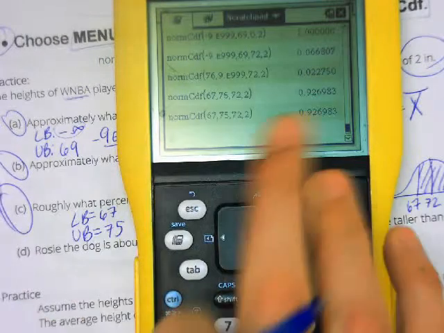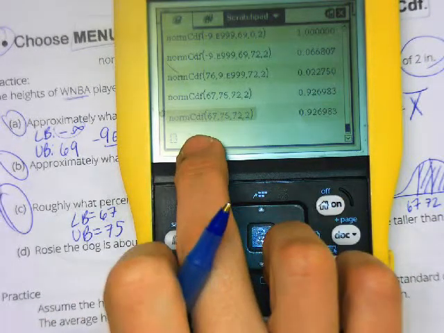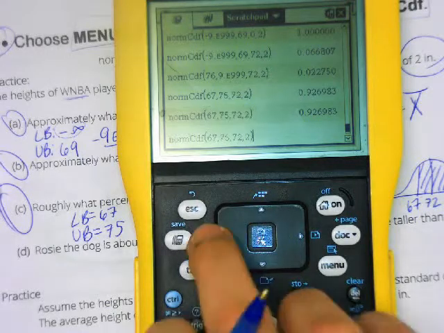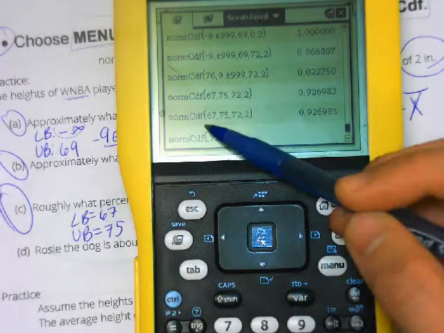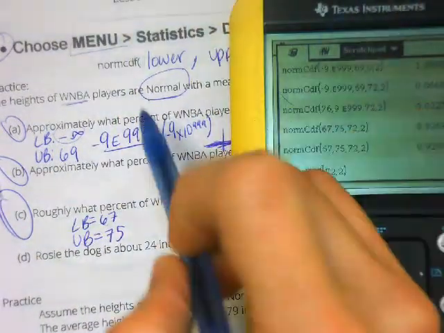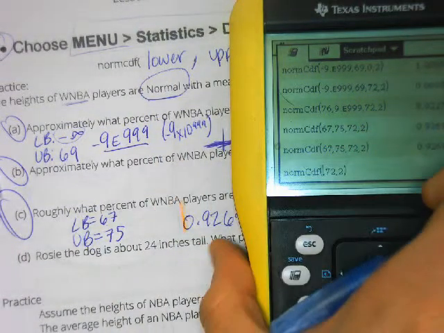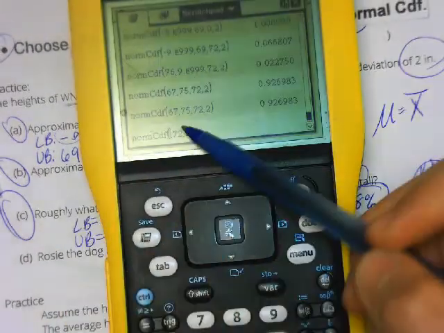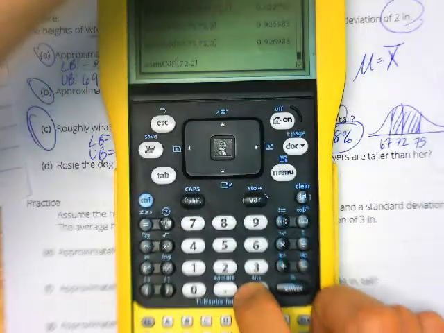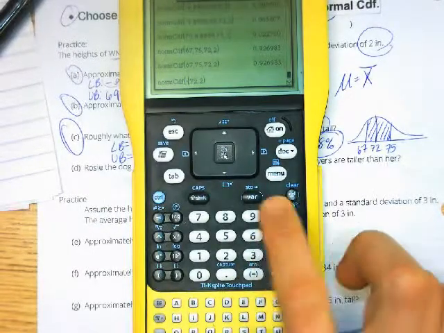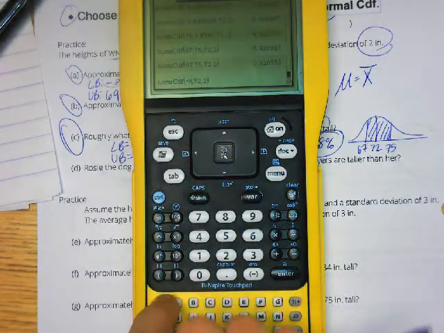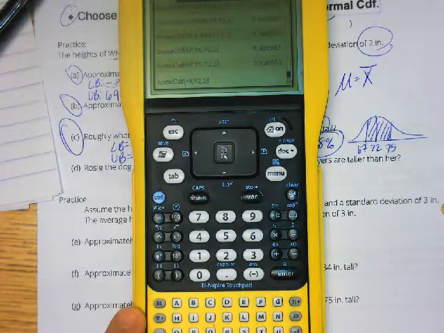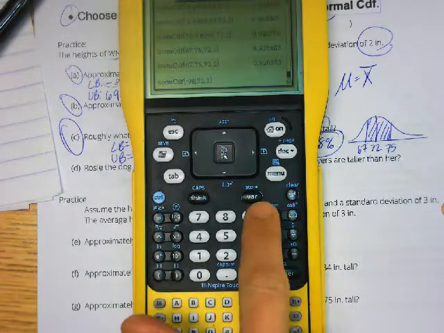Rather than going through the steps again, I'm just going to go up here. I pushed the up button 2 times and pushed enter, and I'm just going to go in and edit the entries that I care about changing. So the first entry needs to be the lower bound. So negative infinity, let me put my negative symbol in. Let me zoom out a sec. Negative 9, and then E is this E right here next to A. It has 2 E's on it, so negative 9E999,